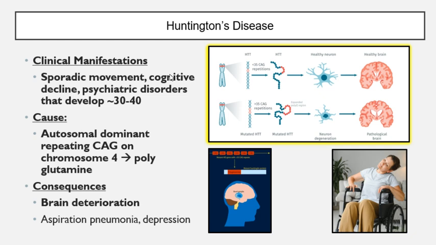And so you can kind of see a picture here that this is what normal looks like, and you only have a couple repetitions of this. But in people with Huntington's disease, they have increased amounts of repetitions of CAG, and it causes a lot of problems, especially in your brain, and it causes this neuron degeneration. And so what's going to happen is that you get brain deterioration that starts at around 30 to 40